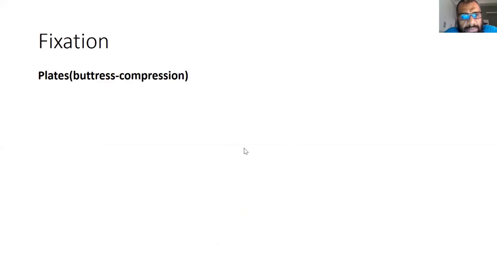The fixation devices used for acetabular fractures can be divided into buttress plates. Sometimes you can use these buttress plates to compress the fracture. These are the posterior column or wall plates, the reconstruction plates. For wall fractures, if you underbend the plate so the edges are higher than the center, this will allow you to compress the central part of the fracture, which is the wall. In transverse fractures, if you overbend so the center is higher than the periphery, this will allow you to lock the anterior column fracture part of the transverse